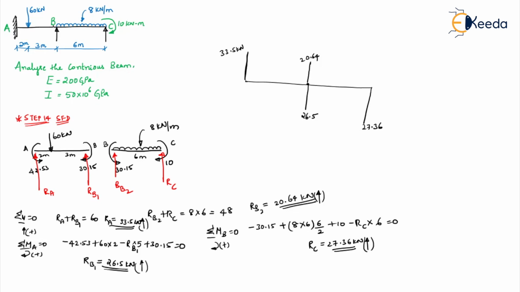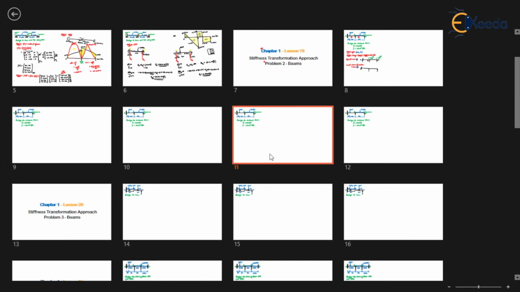27.36. Now here there is a point load. Okay, if there is a point load, at the point load there will be a drop. This is the joining. So this total will be 60. If you observe, 33.5 plus 26.5 will be correctly 60. Okay, so this is a positive value, this is your negative value. Now wherever there is UDL, what will happen? It will vary linearly like this. Okay, so this is your negative value, this is your positive value. So this is how your shear force diagram will look.